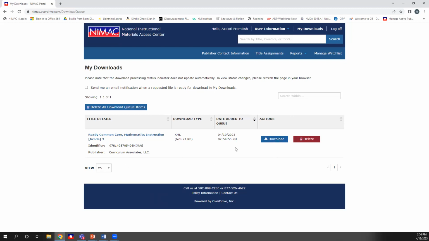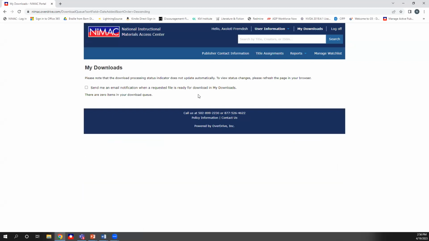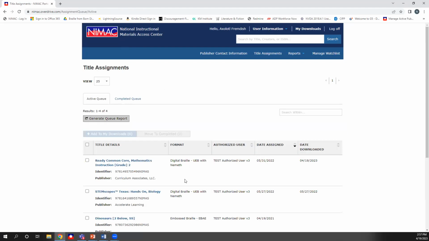Once the file is here, that means that it's been processed, it's ready to go. You can download it as many times as you need it from here by clicking the download button, and then it's just going to act like any other Windows download, or if you have a Mac, any other kind of Mac download. And if you've downloaded it and you like to be tidy and you want to delete it, you can just delete that from your downloads. And again, it's not deleting the file that you downloaded to your machine. It's just deleting that entry from your downloads page. If you find out later that you want to download that again, you can just go back to your list here and send it to your downloads again.